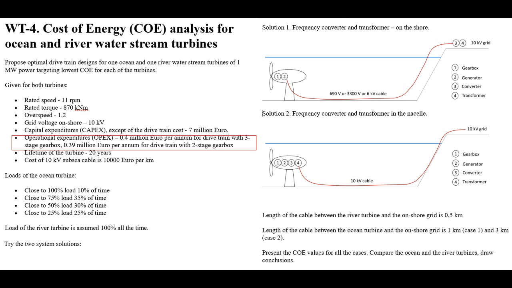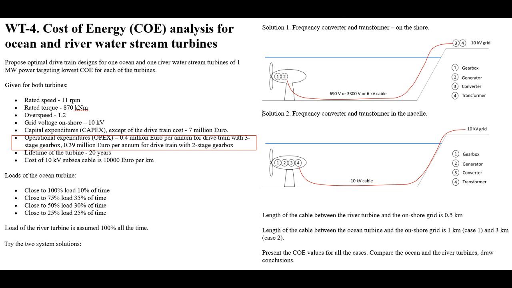You see that for the gearbox with 3 stages, we plan for 400,000 euro OPEX, while for the 2-stage gearbox we plan for 390,000 euro in OPEX. And we recommend actually to try these 2 gearbox variants, maybe